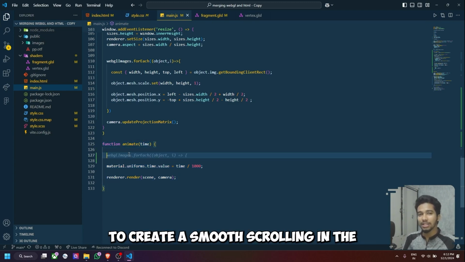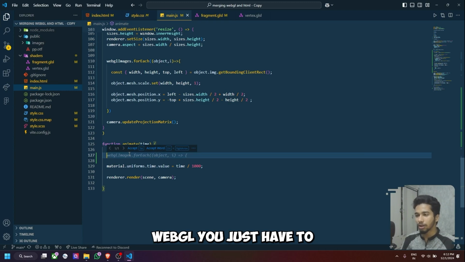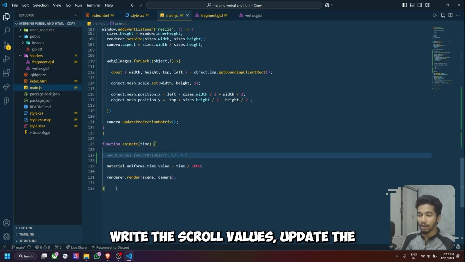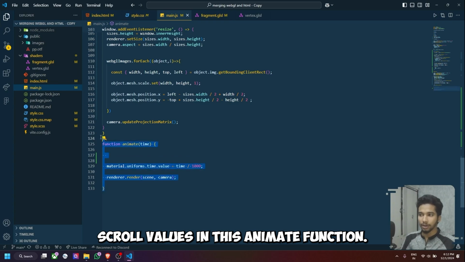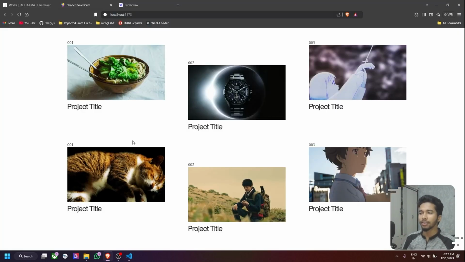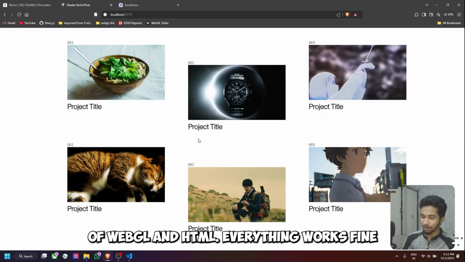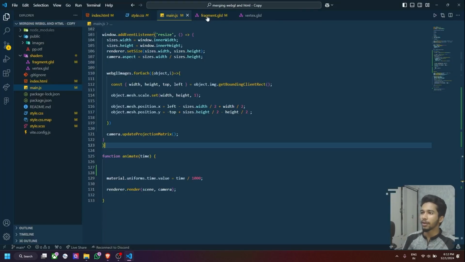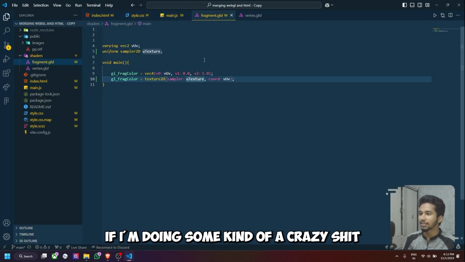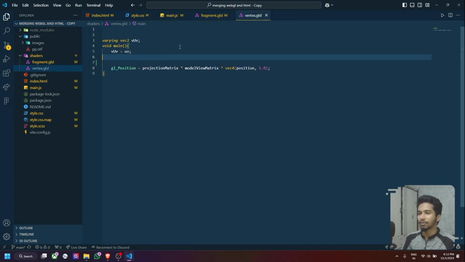So to create smooth scrolling in the WebGL, you just have to update the scroll values in this animate function, right? And that's pretty much about this mixing of WebGL and HTML. Everything works fine. If I'm doing some kind of crazy shit, like let's say